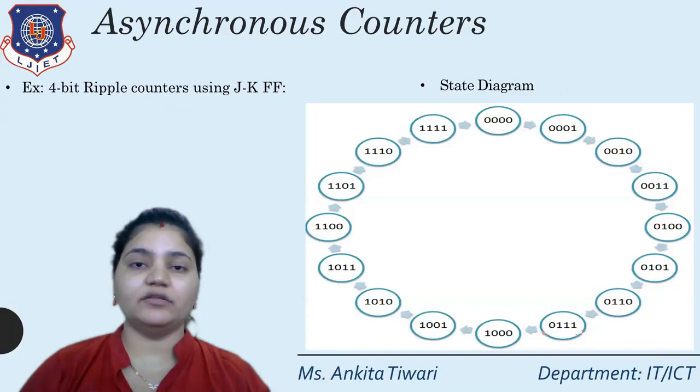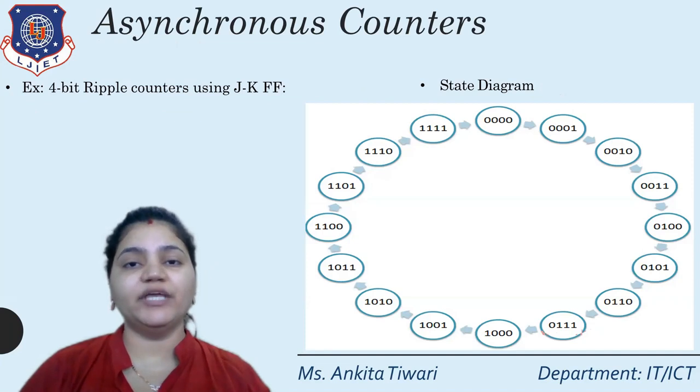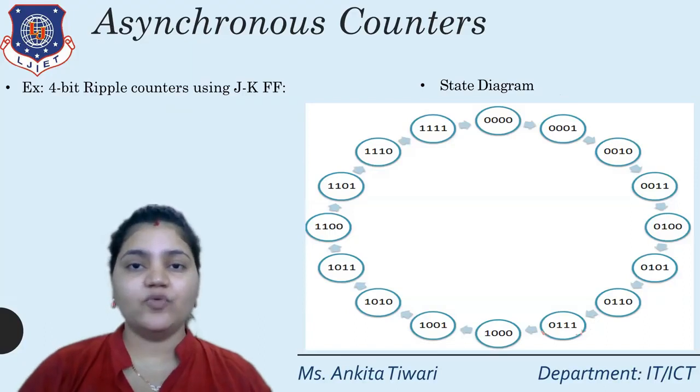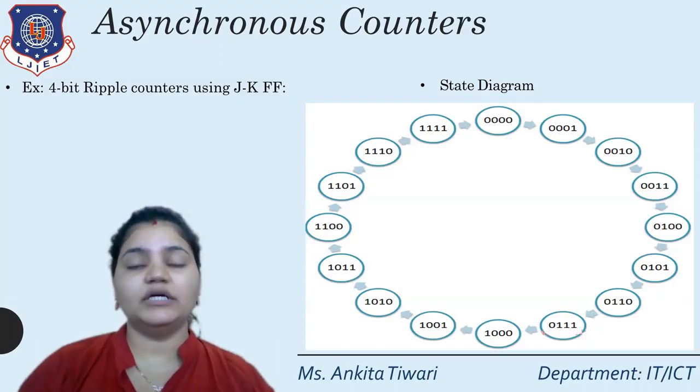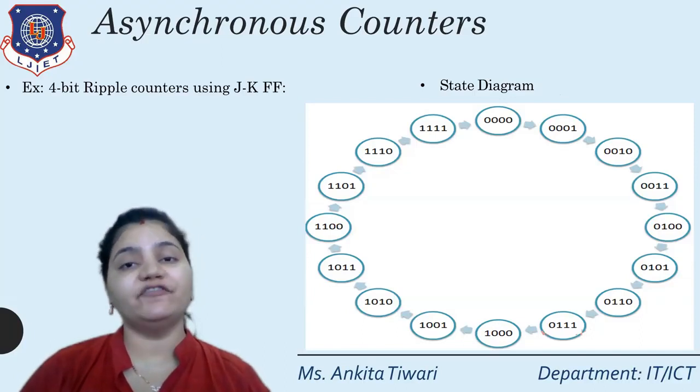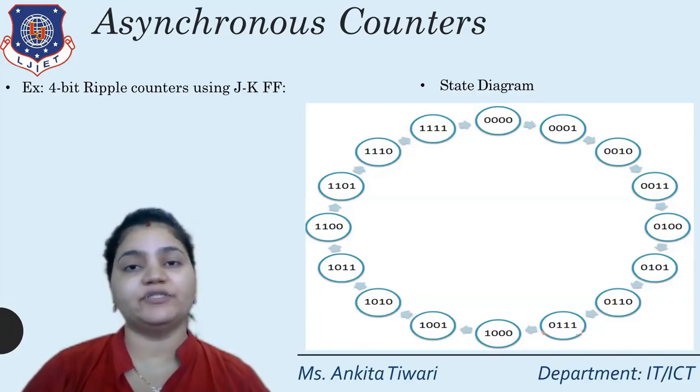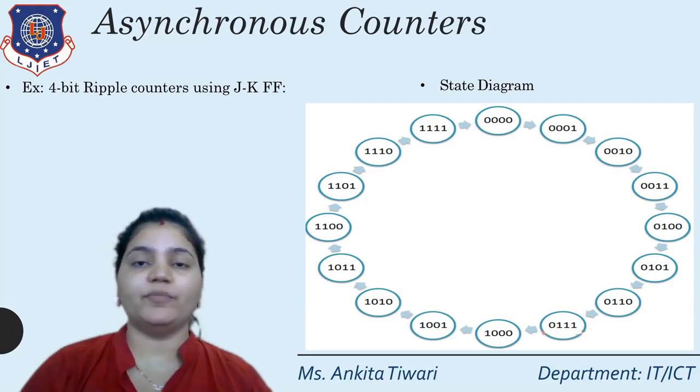Now the next thing that we are going to do is the example. Based on these steps, we will be doing in this session the example as 4-bit ripple up counter. Whenever in the question no up or down condition is written, that means by default we are always taking it up. Okay, so here the example which is taken is 4-bit ripple counter, which is an up counter using asynchronous, and the flip-flops that we can use are of 4 types, that is SR, JK, T and D. Here in this example I am using JK flip-flop.